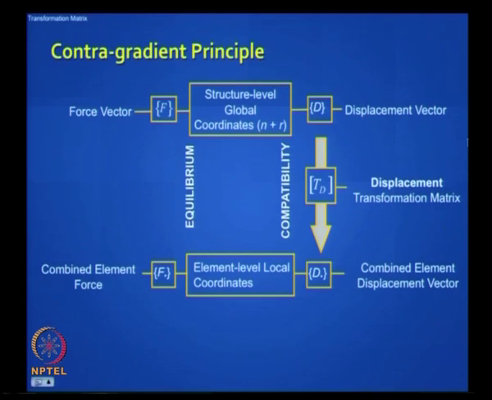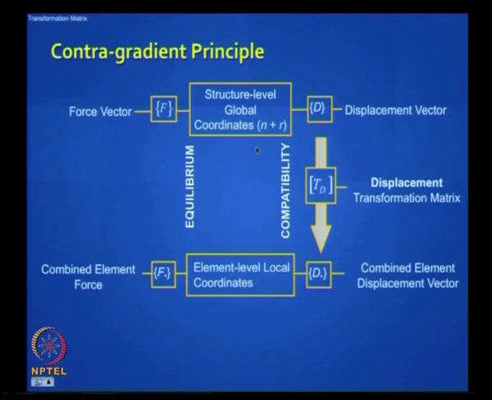I have shown this earlier, but here at the lower level I have put the element level forces, the combined element force vector F star, which actually refers in the case of a truss to all the axial forces in the truss, the combined element displacement vector D star, which are the bar elongations in the truss, the structure level displacement vector, which are the joint displacements in the truss, and the structure level force vector F. Okay, F, I can include both the active degrees of freedom and the restrained degrees of freedom, or I can limit to the active degrees of freedom.